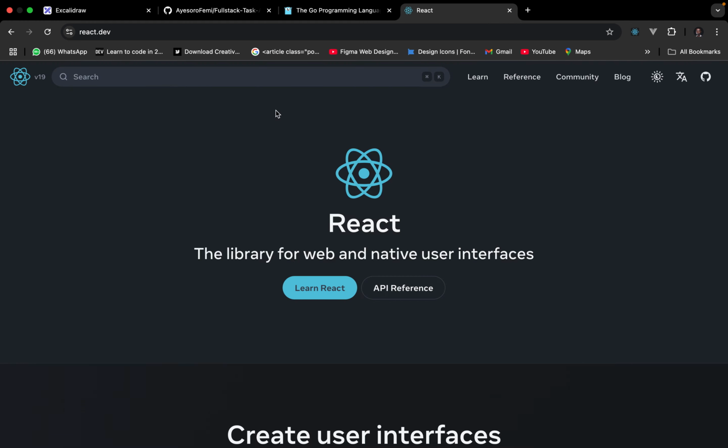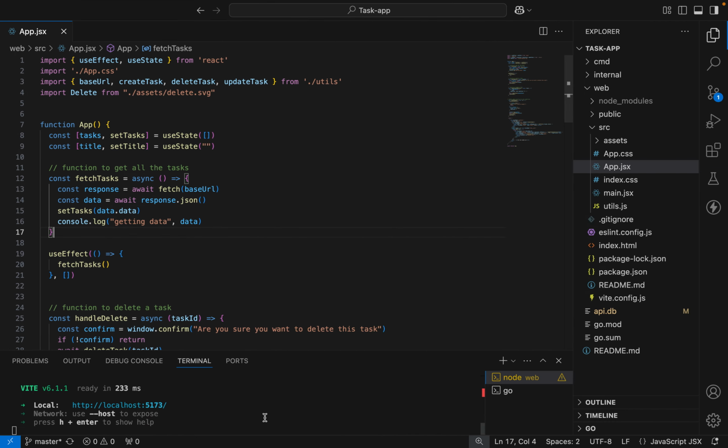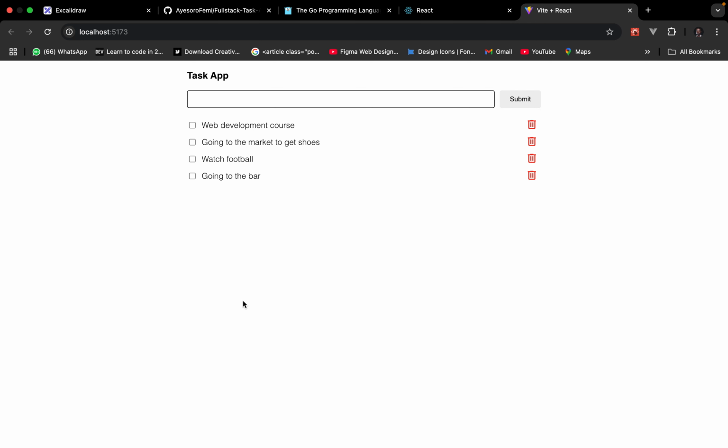Alright, so the project is already built and I'm going to start it up here. It's a very basic task application, and what we are doing in this application is, we can type whatever we want to do. Let's say mobile development, or whatever you want to do. Okay, so maybe going to the market,